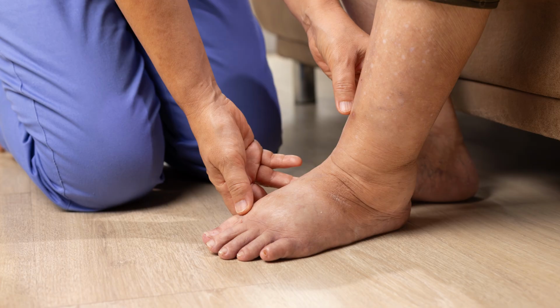And this is why for some people like myself, if we sit too long, we can end up with swollen feet and swollen legs because that lymph isn't being pumped around enough and it's pooling in the legs and feet. The other thing that can happen with the lymph system is sometimes it can be damaged. Some people will have conditions known as lymphedema, where they might have one leg or one arm that swells, or different areas of their body, and that can be because there's been damage done to the lymph vessels, often